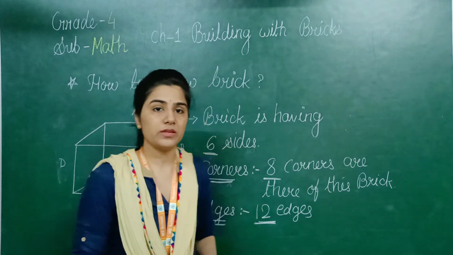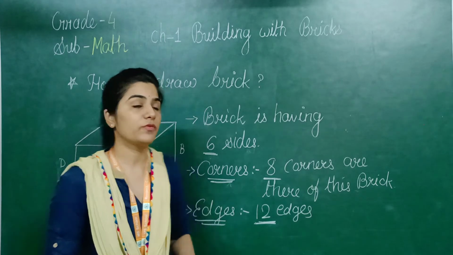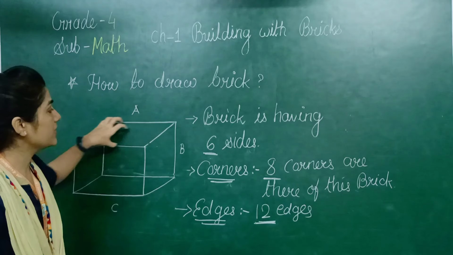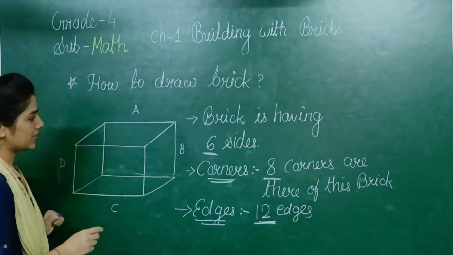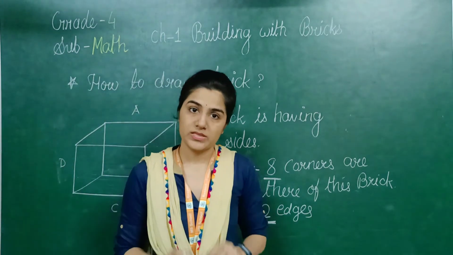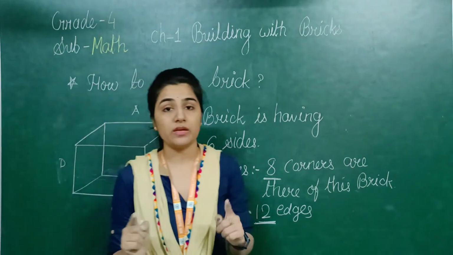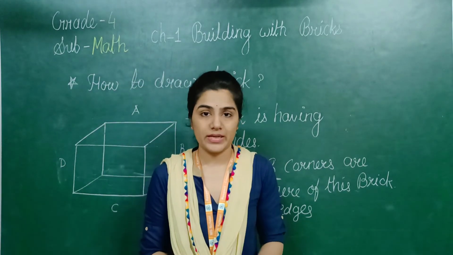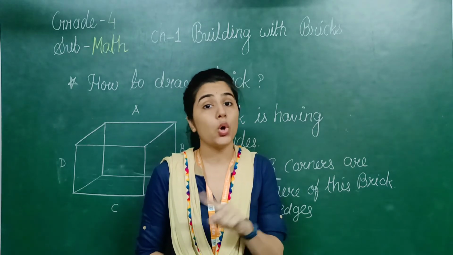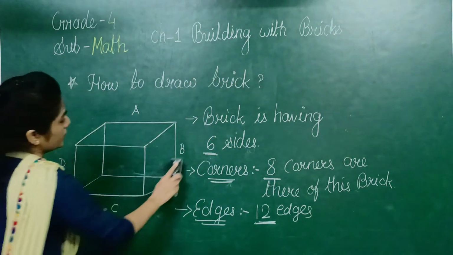Now if I ask which shape side A has, from the top side we can see this side A. So which shape does this side A have? We can write that this side A has a rectangle shape. Similarly, if we are holding the brick in our hand, you can easily identify which shape the brick has. Rectangle shape on all the sides, right? So this is a very common question for you.